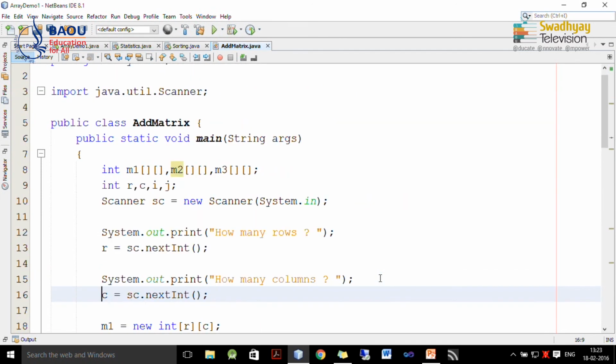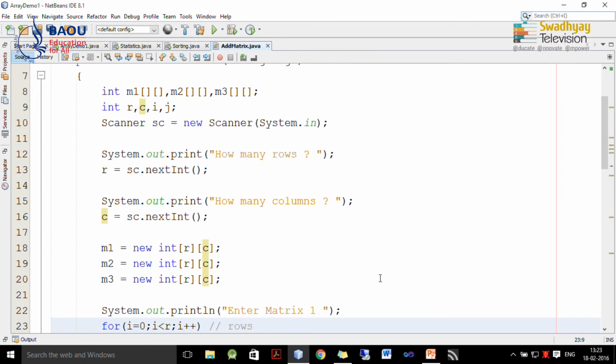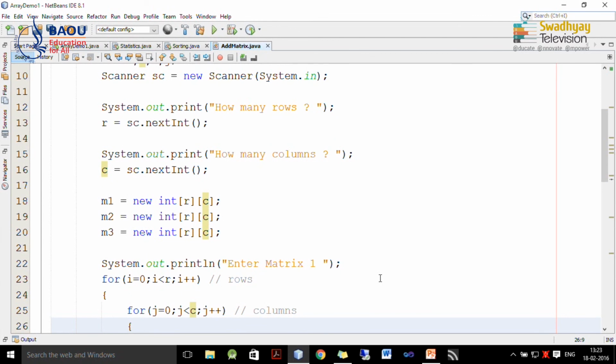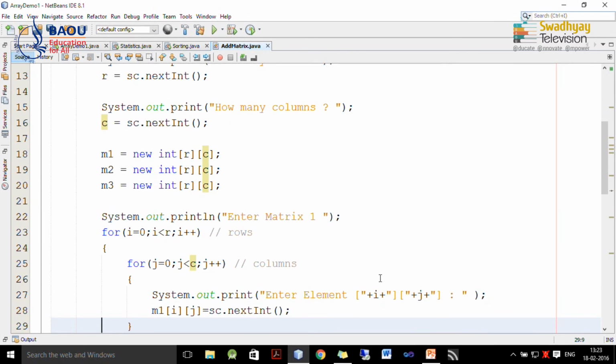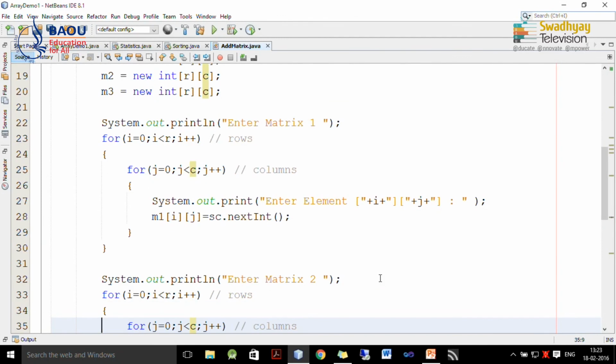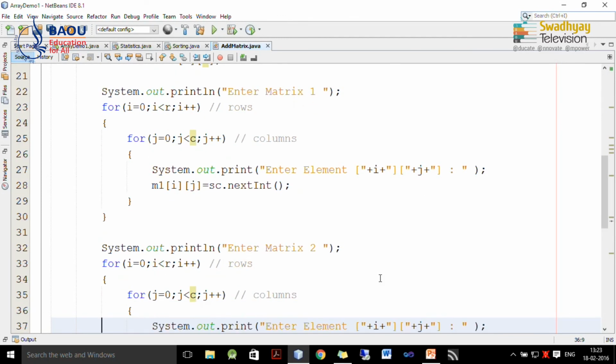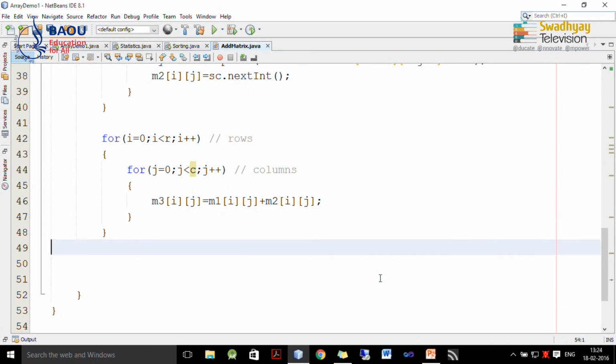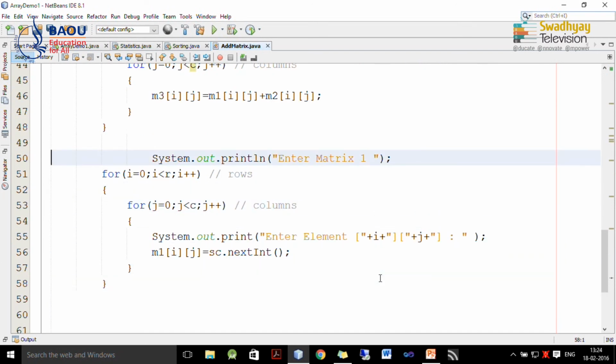Now, we have declared three matrices, declared necessary variables, asked user to enter rows, asked user to enter columns, allocated memory for matrices, entered first matrix, entered second matrix, found sum of matrices. Now, we want to display these results. So, again to display result, we should have two loops.